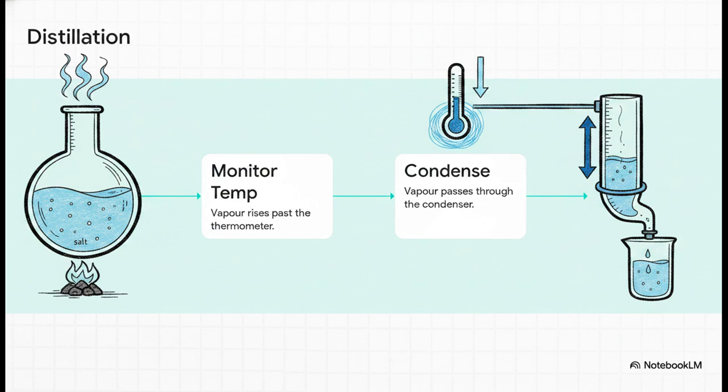Then the vapor travels down the condenser. Now notice how the cooling water flows into the condenser from the bottom and then out the top? That is super important. It ensures the entire jacket stays completely full of cold water, perfectly cooling our vapor back into a liquid. It then drips out as pure, clean distillate, leaving all that salt entirely behind in the heating